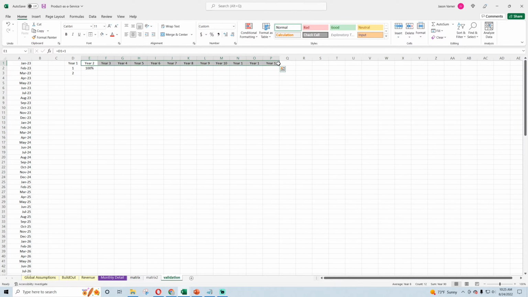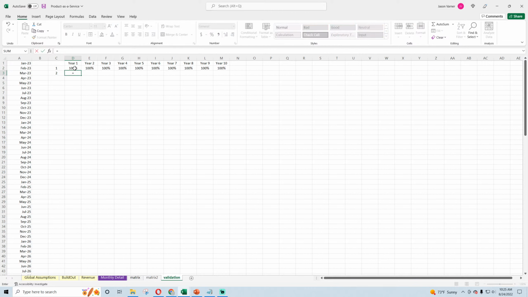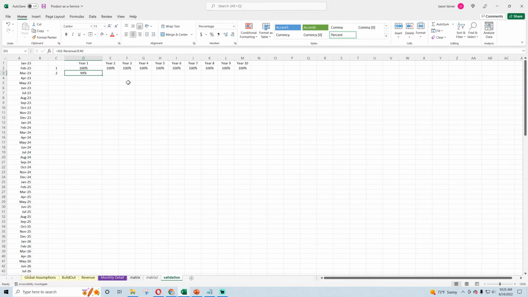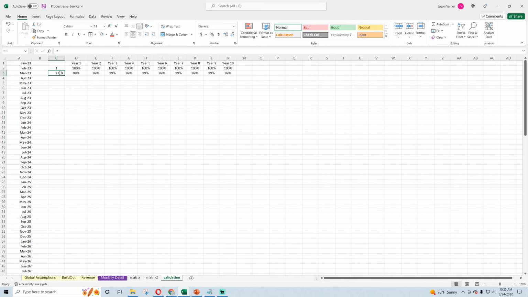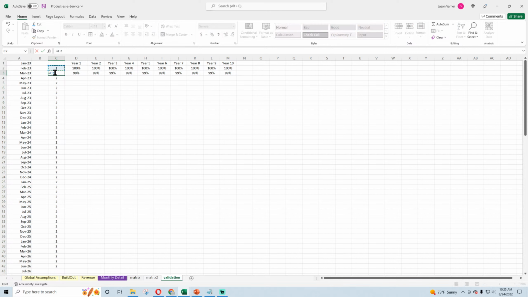And what we do, so this is going across the top, the years, and then we have the months going over here, and we have the starting rate. So it's always at month one, you're always at 100%. In month two, we're now going to say we're at this minus the monthly amount churned here, and that's targeting the assumptions. We go down, the max is going to be like 120.